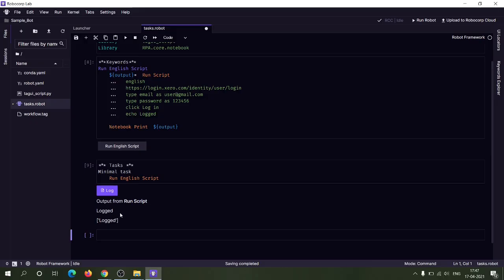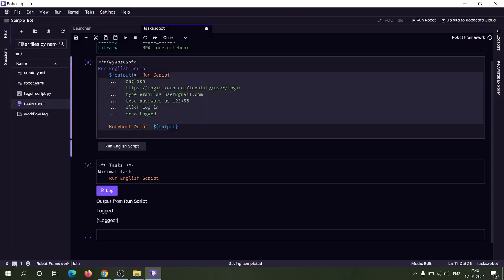One is the output in the Robocop console when we use echo, and the second is the output that is coming from the notebook print, that is logged. The same output, but you can see that the output is of the list type. You can see two brackets here, and between them we have the word logged. So this is actually an element in a list. You can loop through this list to get the data one by one.